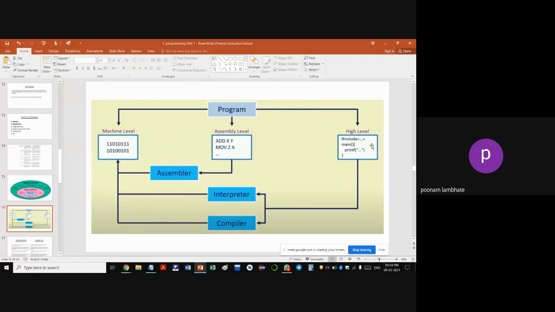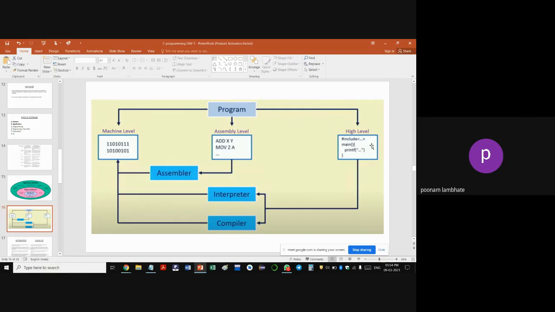In electronics, in the general case, suppose we provide the voltage, then it is denoted by high or true or one. If you provide the low voltage, it is denoted by zero or false or low. So one indicates the presence of the voltage, zero indicates the absence of the voltage.